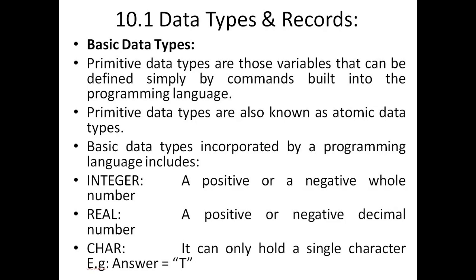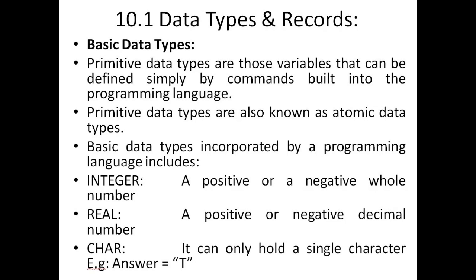Now every language has slightly different names for data types. However, the followings remain constant, or rather these data types are almost always a part of a programming language. The first one is integer. We call it integer in pseudocode especially. However, in different programming languages it is sometimes not available by the name of integer. Anyways, an integer is a positive or a negative whole number.